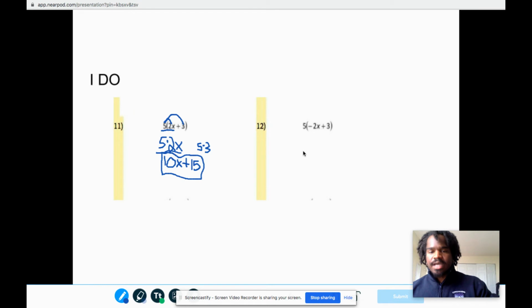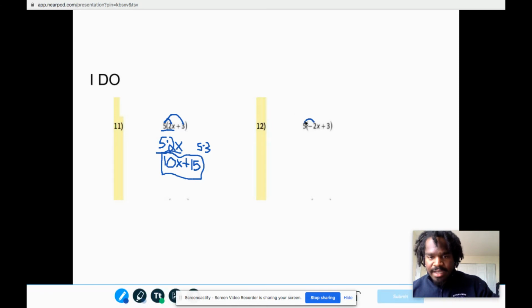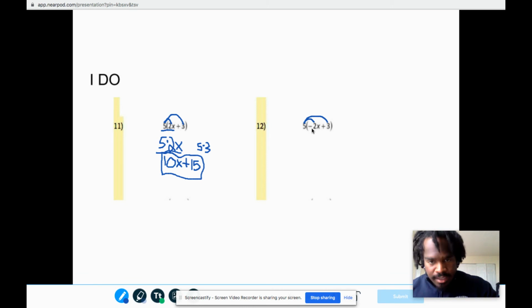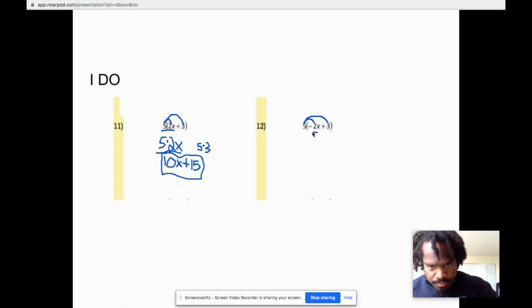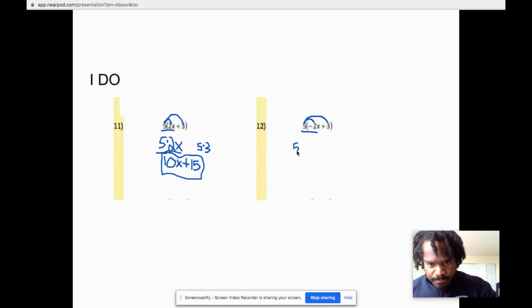Now let's do another example. Again, we're going to annotate by drawing arrows to each term. So we have 5, which is your factor, multiplying by negative 2x, and then 5 multiplying with the 3 as well. Okay, so let's underline it. 5 times